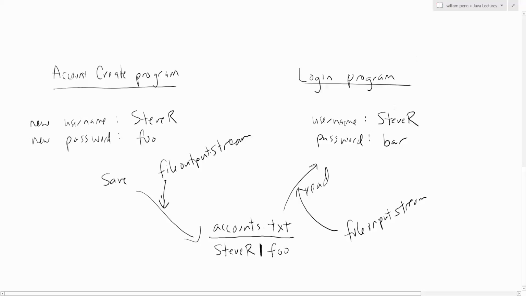And then this line over here on the right would be a file input stream, because after the person enters their username and password to log in, this program is going to go out and read in all of this stuff that's stored in this file, all the usernames and passwords. So imagine this is another little pipe connecting the two, streaming one by one all the little characters stored in this file into the program, so the program can look at that information and check to see if the username and password is correct. Okay, so all of that is an introduction to the program we're going